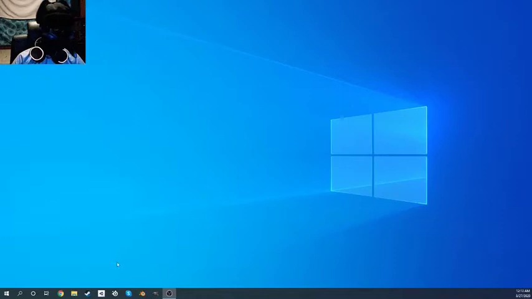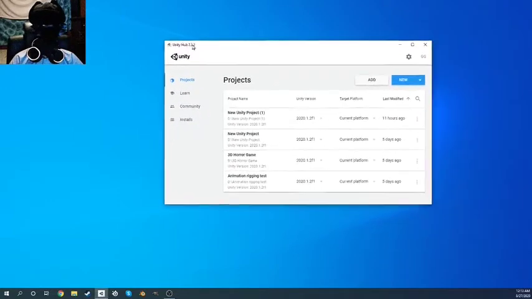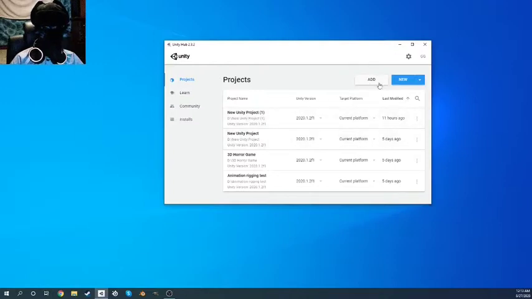So now, click down here, open up Unity, specifically Unity Hub, and wait for it to load. Oh, it's on my second monitor. There we go. Now we want to hit